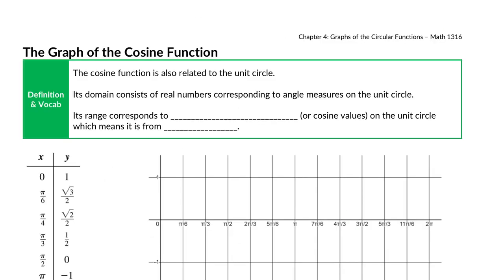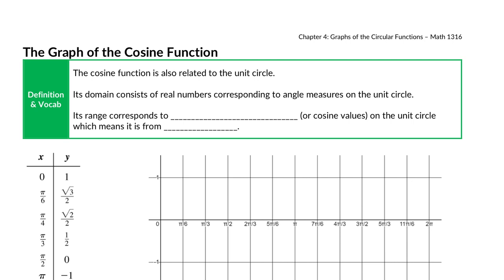After lunch, we were talking about the graph of the sine function, and it would have been a nice segue to the graph of the cosine function, but it has been 30 minutes because of lunch. Let's talk about the cosine function. It is also related to the unit circle, but cosine represents the horizontal displacement of the graph, or the x values around the coordinate,